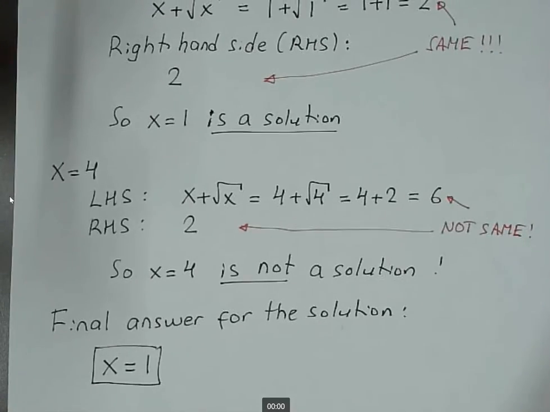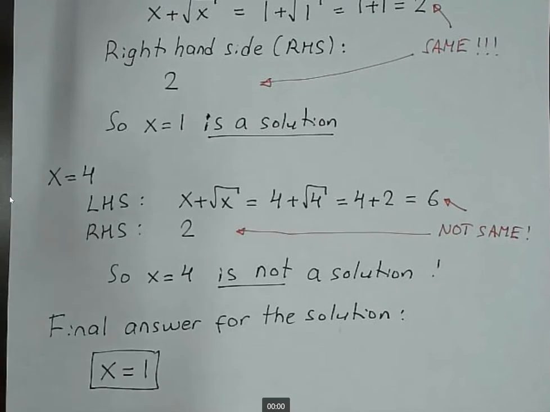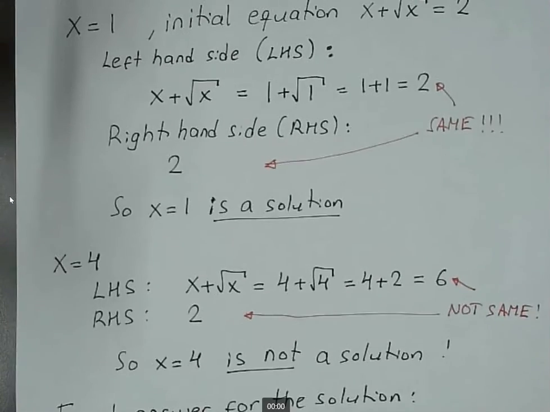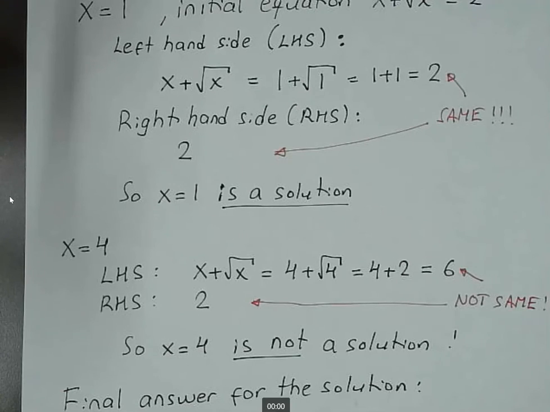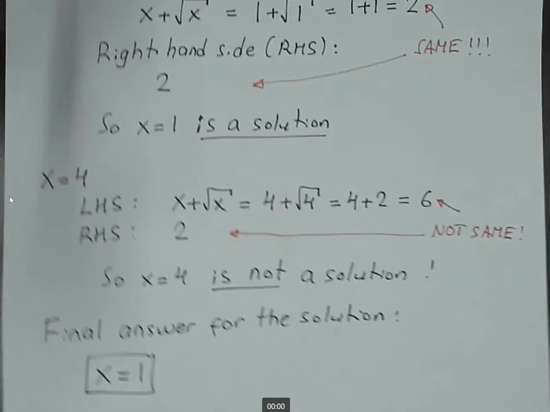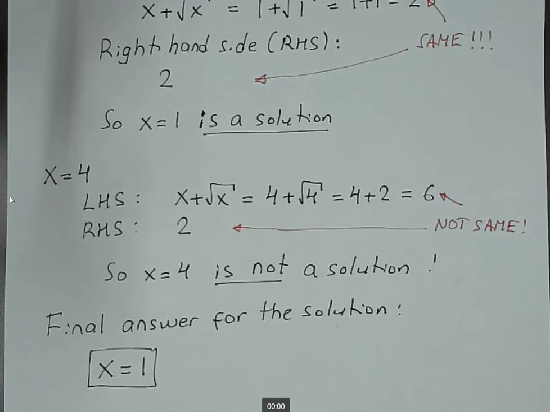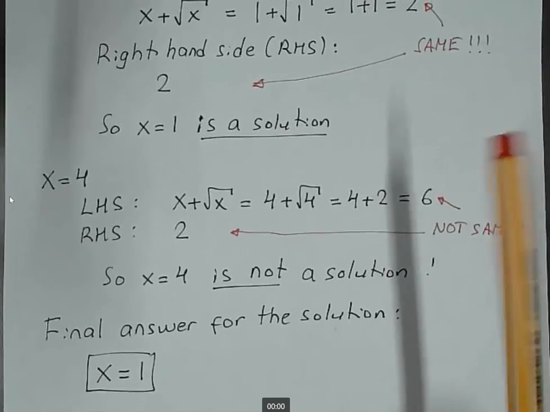This was a very simple equation in the sense that the solutions were very simple ones. There were whole numbers there, and it was a reason for me to take this kind of equation in the beginning, because this is quite easy to solve and very easy to check. But mostly the solutions are some decimal numbers there, and when we are using decimal numbers here, we